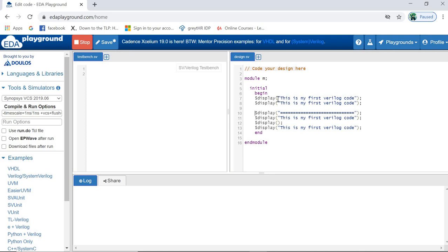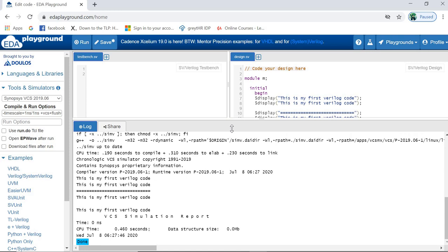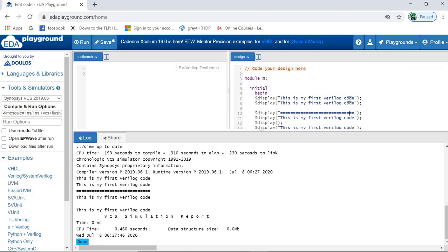First thing, what we are doing here is we have written two display statements. Now later on I am displaying this line, then again I am displaying this line, and then again I am using this display without anything in parentheses, and again displaying with this. So let's see the output. What is the output? Okay. So the first line is displayed as it is, and the second line also is displayed as it is, and this line also, and again this line is also displayed as it is.